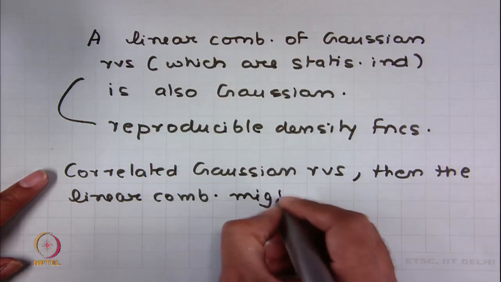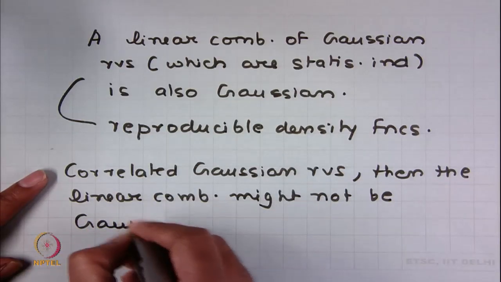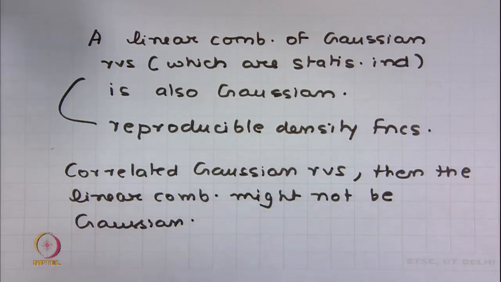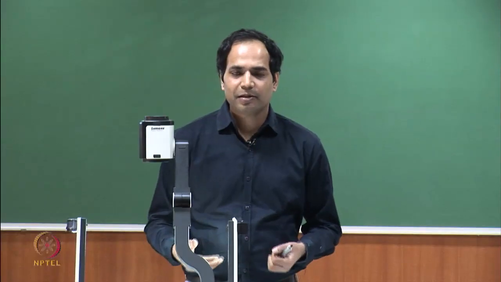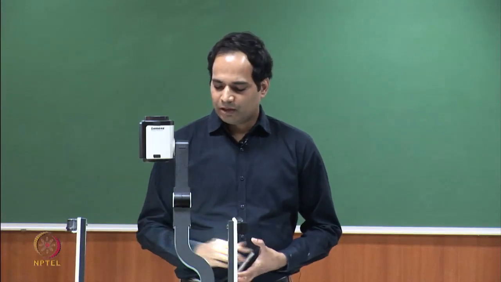This is important, it might not be Gaussian. So, do not think that if you sum up Gaussian random variables, whatever they are, correlated or uncorrelated, the resultant is always Gaussian. It is not true. If they are statistically independent, yes, the resultant is Gaussian. If they are correlated, then we do not know. There is a special class of Gaussian random variables which are correlated, and still their linear combination gives a Gaussian function, and we will learn about such Gaussian random variables in the coming lectures, but in general this is